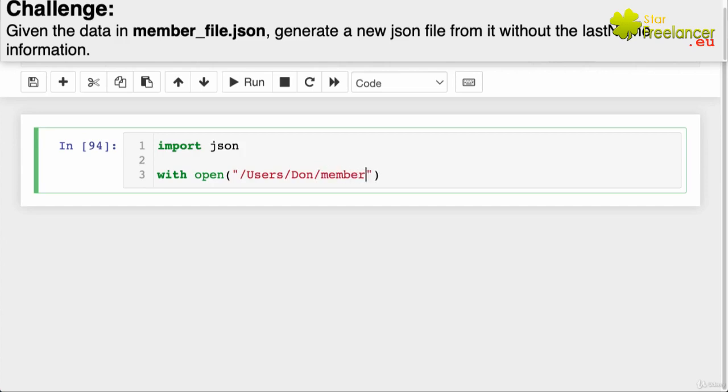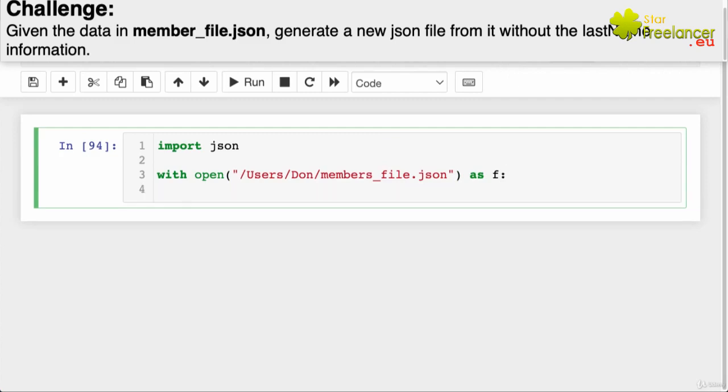It's called members underscore file.json. With this, it means we want to read. So we don't need to put any mode. It means we want to read it. We open as f. So if you open as f, we want you to load this into a variable. Let's call that variable member data equals to